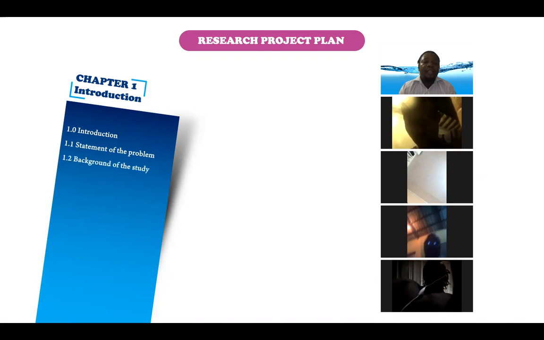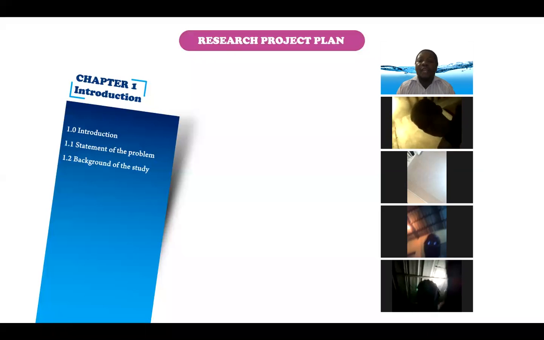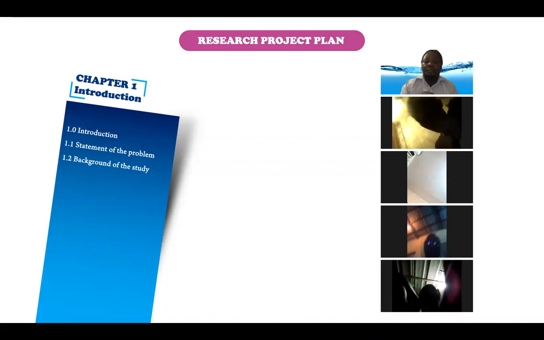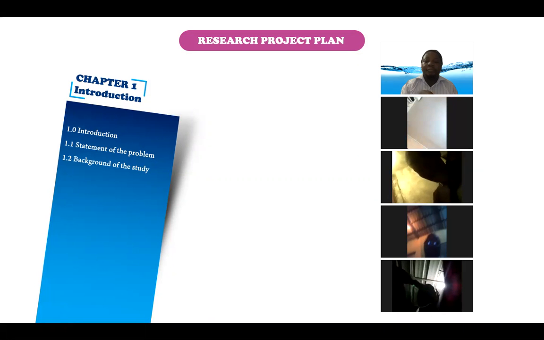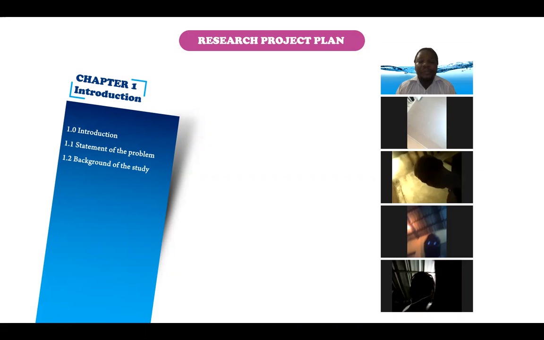Then the next one is the background of the study. In the background of the study, you have to find other researches that talk about your topic. If you're talking about education or the quality of education, there are a lot of papers published on the issue of poor quality education. So you can find those papers and read them. Then you can summarize them one by one, telling people that